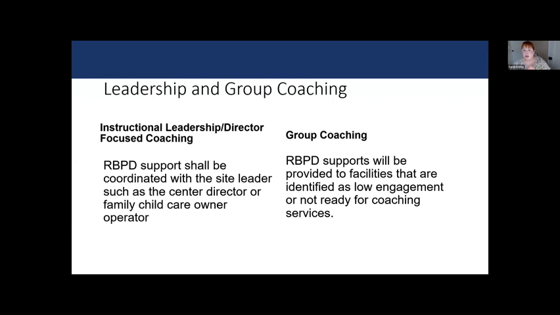And then group coaching, RBPD supports that will be provided to facilities that are identified as low engagement or not ready for coaching services. Group coaching is not synonymous with a community of practice or a PLC. It can look like that. It can also just mean that the types of opportunities that you put together for group coaching just involve multiple sites, and it doesn't have to be regularized.